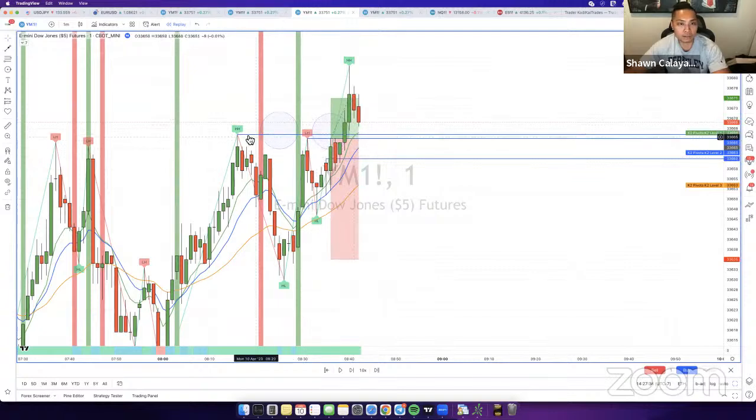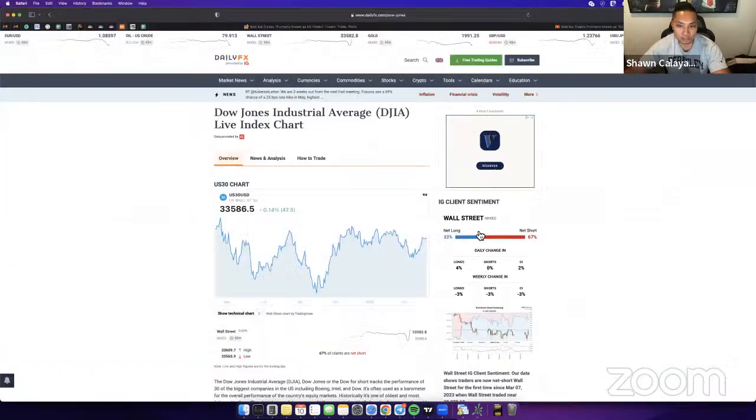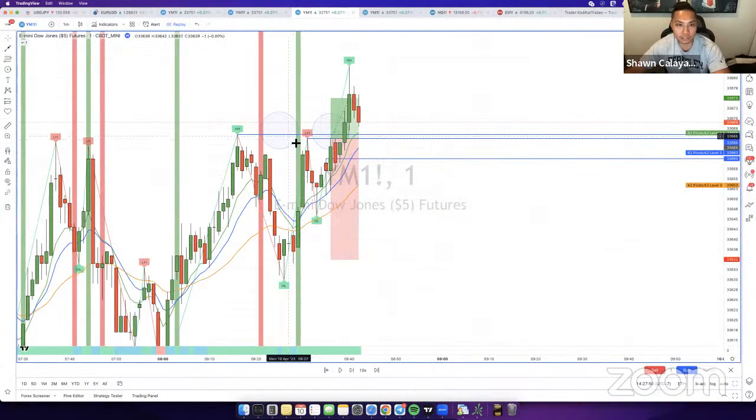I basically just identify the swing highs. If I'm anticipating people to take sells, the reason why I knew people were taking sells right here was because I looked at retail sentiment and it showed that it was 67% short. So you're going to do the opposite of them, right? If everybody's selling, they're going to have their stop losses placed at these swing highs. So that's why I would be looking to do the opposite of everybody. If people are looking for sells here, I'm going to be looking for buys.